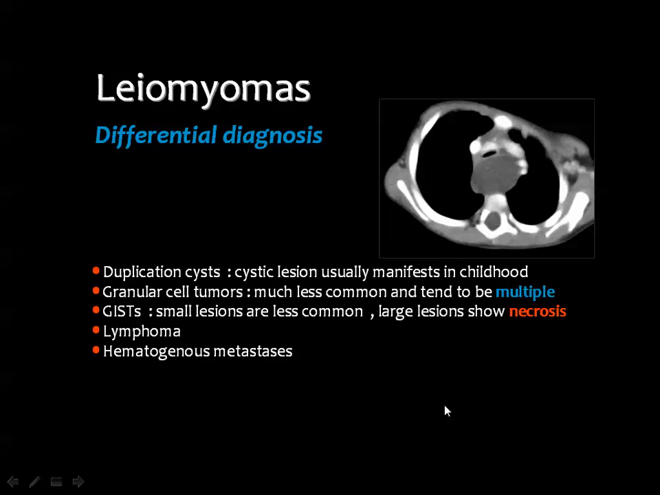The differential diagnosis of leiomyoma includes esophageal duplication cyst, which usually appears as a cystic lesion on CT, and of course on ultrasound as well. Granular tumors are considered rare compared to leiomyoma, and they are also usually multiple. The benign type of GIST is a small lesion, and if it is large, it may show central necrosis and ulceration. Also included in the differential diagnosis are lymphoma and